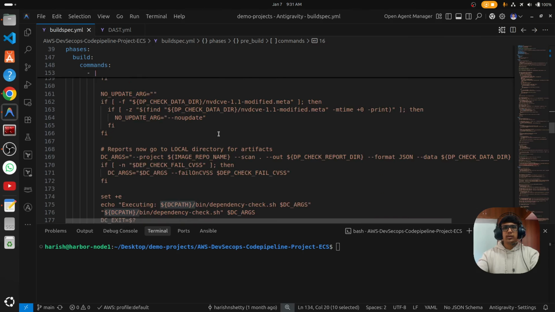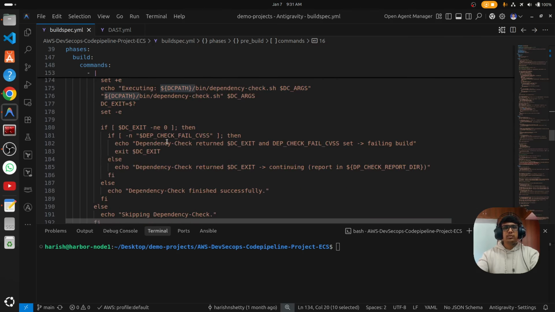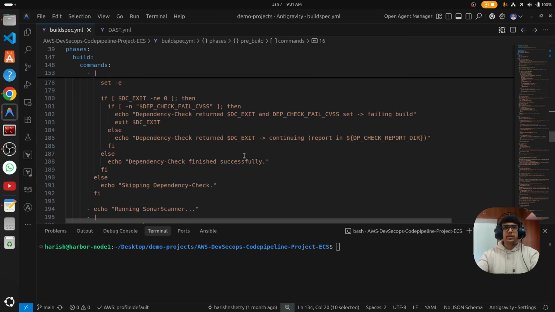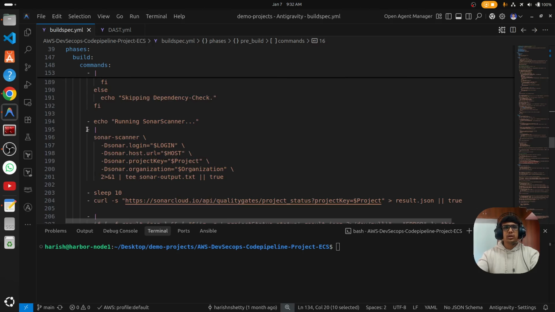When the record is saved, it is going to scan our dependencies, generate the report, and store it in one of the locations. So this is the command